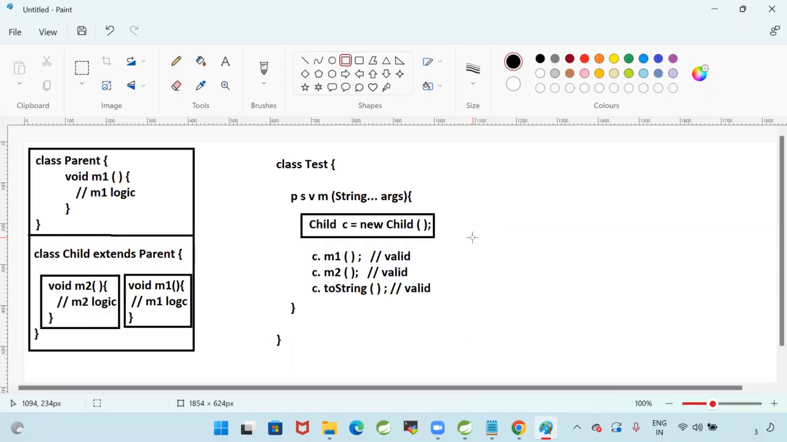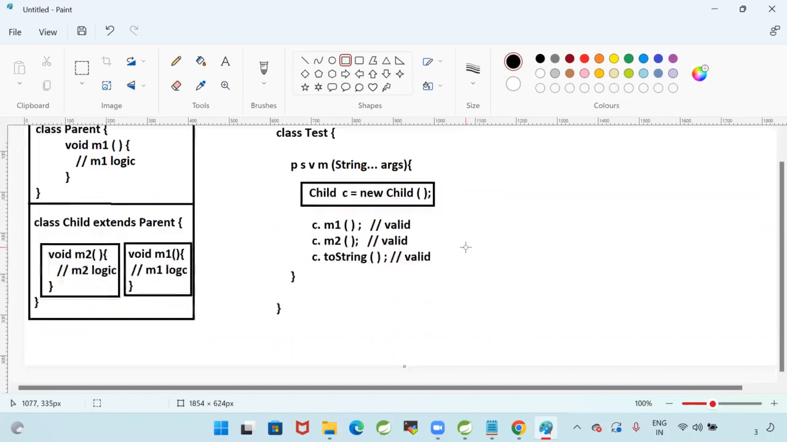Okay. I created an object for the child. Child C is equal to new Child, then C dot M1. Where will it check first? It is going to check in the child class for C dot M1. First it will check in the child. Does the child have M1? Parent also has M1, child also has M1, but which one will be called? The child class M1 will be called,